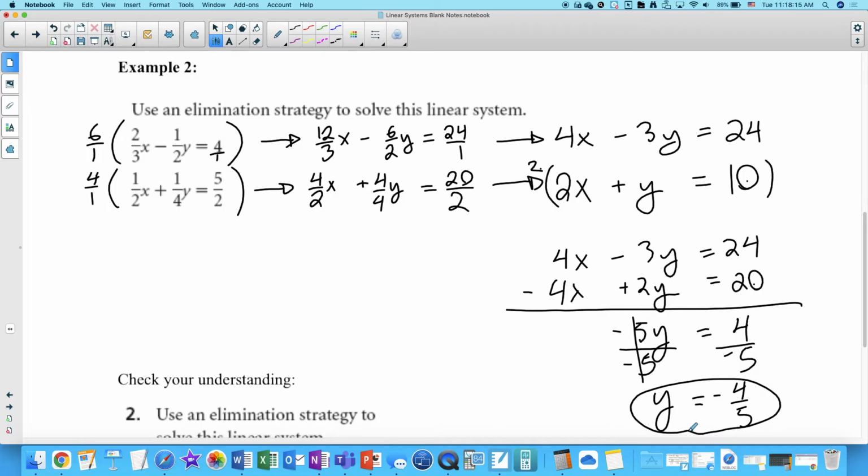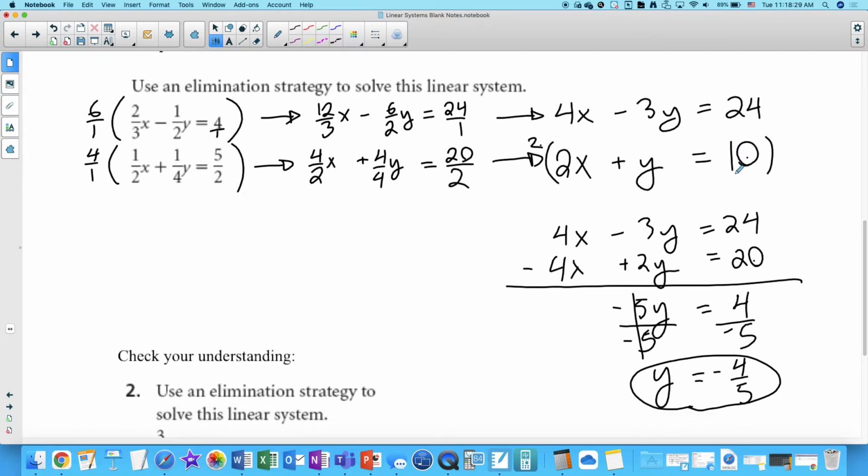Now if I wanted to figure out the other variable, which I do because I want to solve the system, we could at this point plug in y equals negative 4 over 5 into either of these equations and solve for x, or we could do elimination again, but this time eliminate the other variable. So we just eliminated x, now we need to eliminate y. So if I look at these two equations and I want to eliminate y,